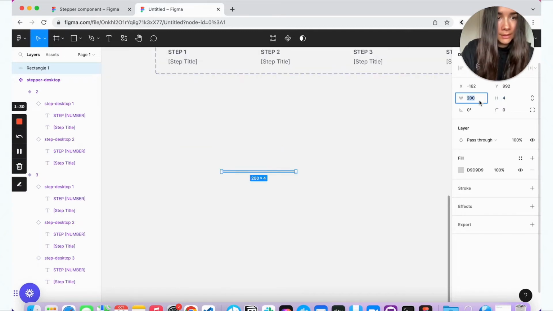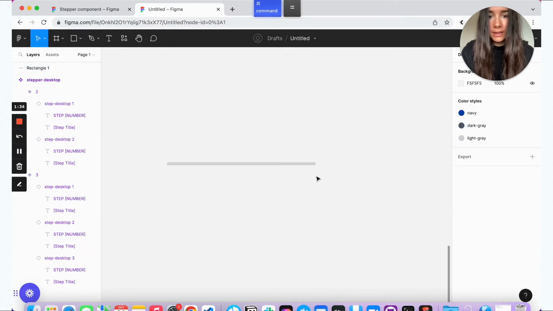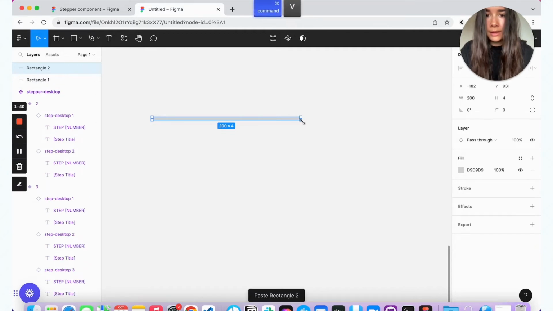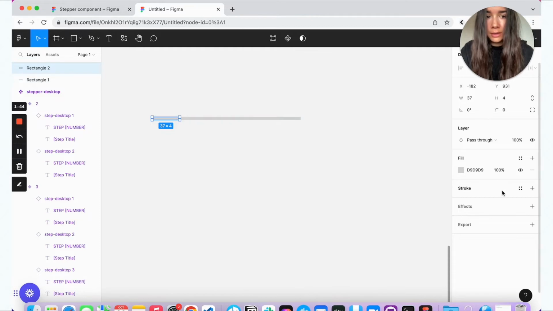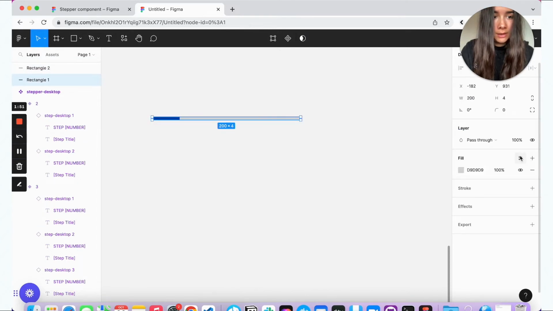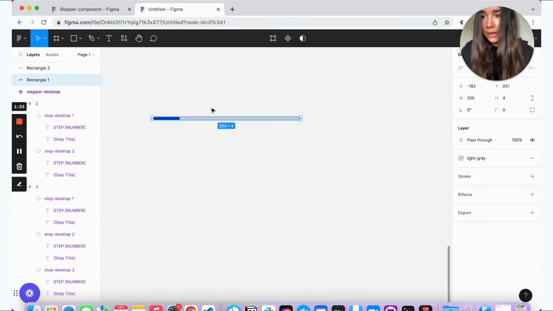We'll give it a fixed 200 pixel width. This will make it easier to create all the variants. And we'll have another rectangle, which is going to be our filled track. This one we'll make navy, this one light gray.